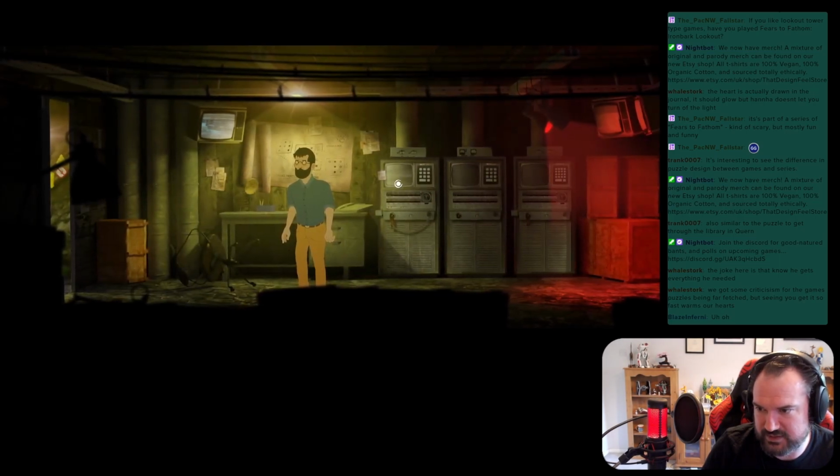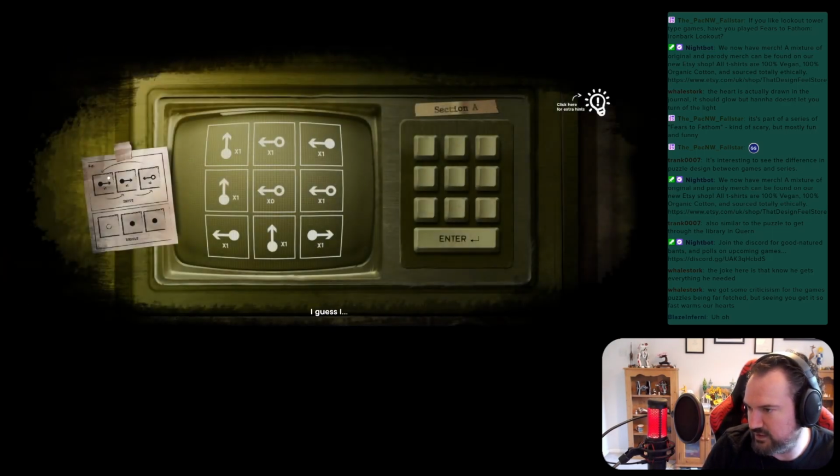So, is this like an ABC kind of thing? What have we got here on this? I guess I have to put the right dots in the right place. But where's their right place? Something around here must tell me that. Each square has a direction and a number. Number of steps, maybe. Yeah, okay, so that makes sense. So this one moves to the right by 1, this one moves to the right by 1, the white one moves to the left by 2, and that gives you...